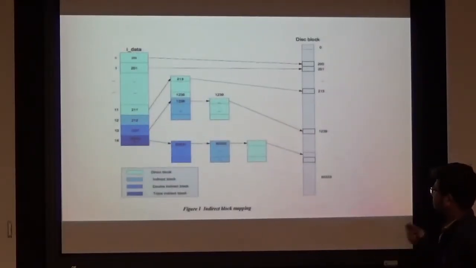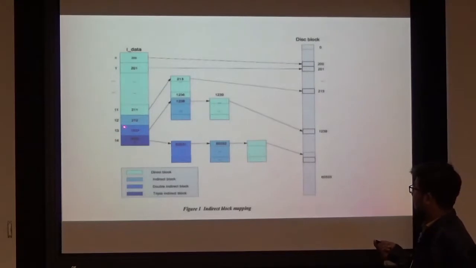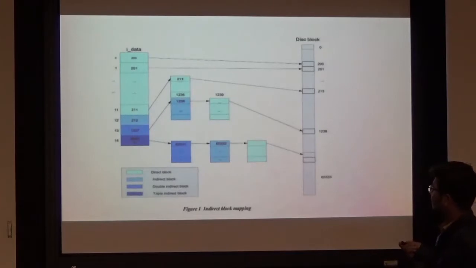It has 15 pointers, each of 4 bytes, and of those there are 12 direct pointers, which point directly to the actual disk block number. So for a sufficiently small file, which contains only 12 blocks, we have the 12 direct pointers, and that's it. In that way a small file can be mapped. And what about a file composed of thousands of blocks? For that it has one indirect pointer,